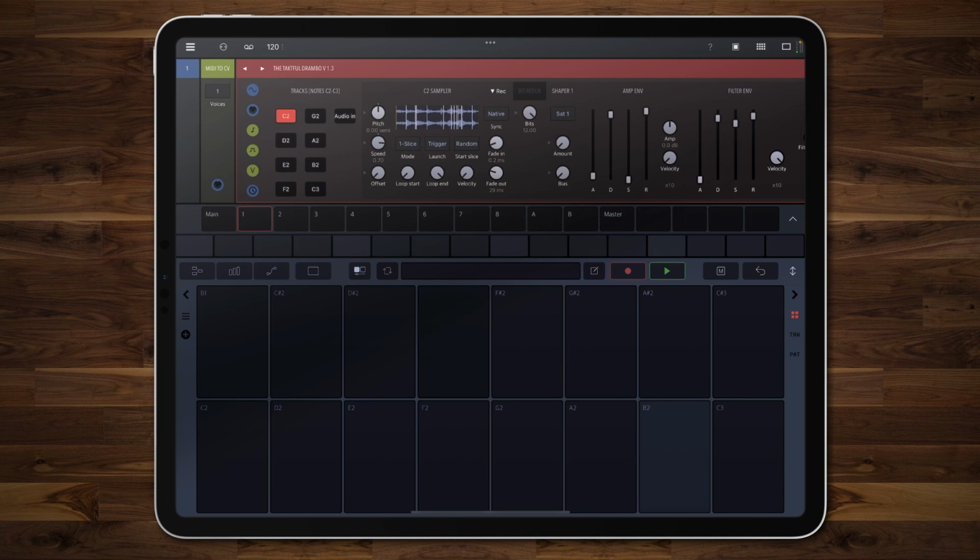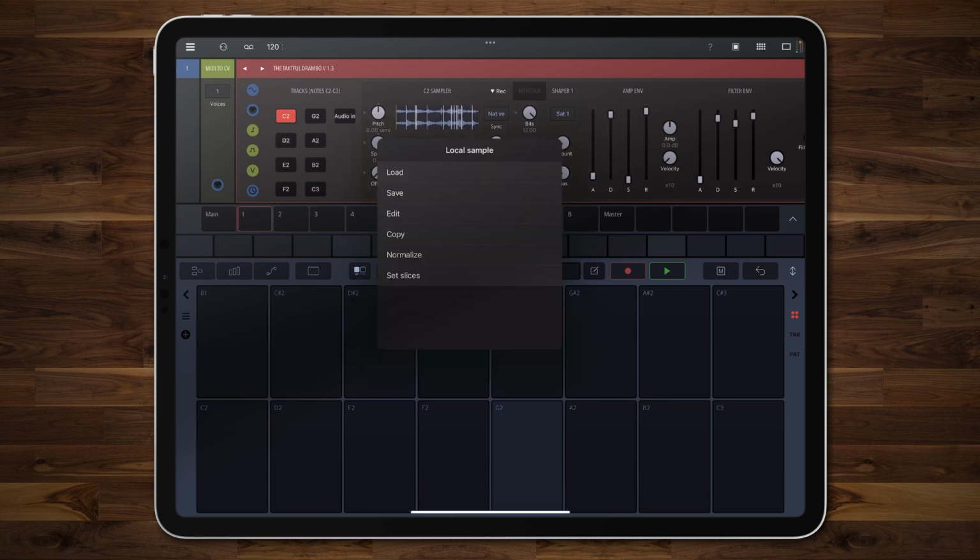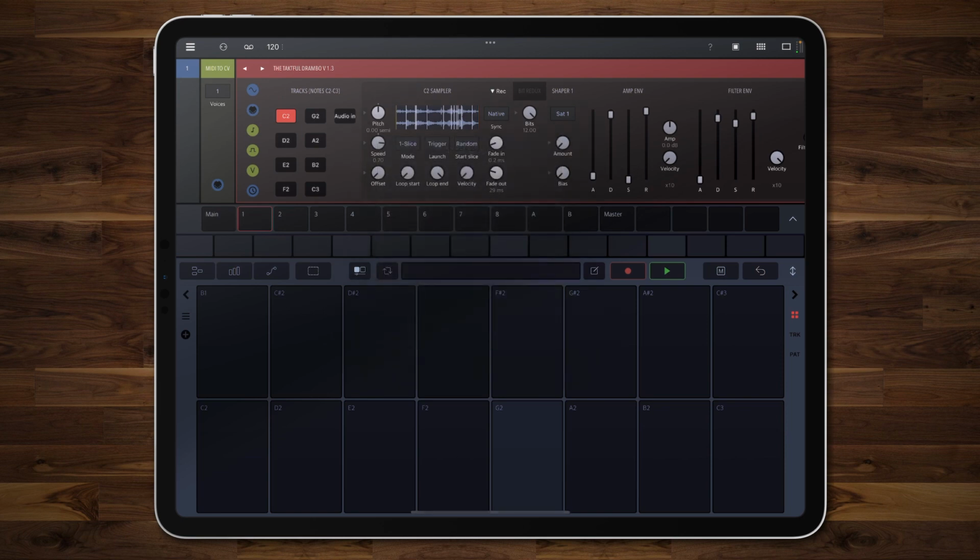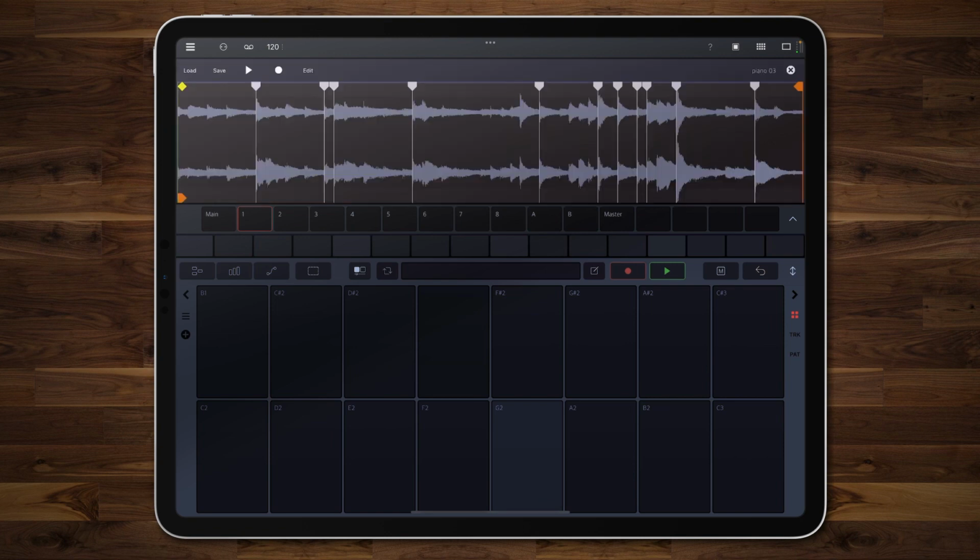And so what I've done here, if you look at the way that F2 is constructed, is this little kind of cowbell. It's set up as a one-shot trigger and offset, and that's the default behavior. But since it's a Flexi Sampler, you have the ability of changing it to a slice. You can load in your own samples. And what I did is I set this to 16 slices, and instead of originally, the way Flexi Sampler works